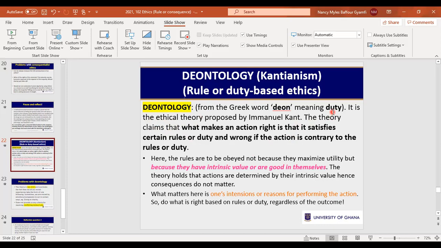So don't say that, hey, some people will say, "Okay, if it was me and they stole my thing, I won't say anything. So me too, I'll steal." Kant says you are lying to yourself. Can we make stealing a universal law? Telling the lie, can it become a universal law? We all agree that we value what? Telling of lies. Not that I have found myself in a situation, that's why I told the lie, but now it has become a value, a universal law, applicable everywhere.